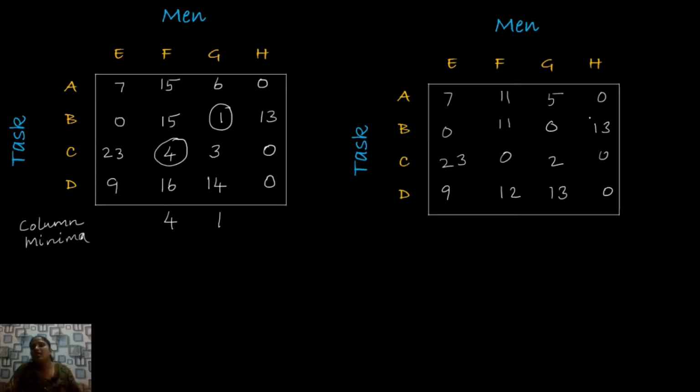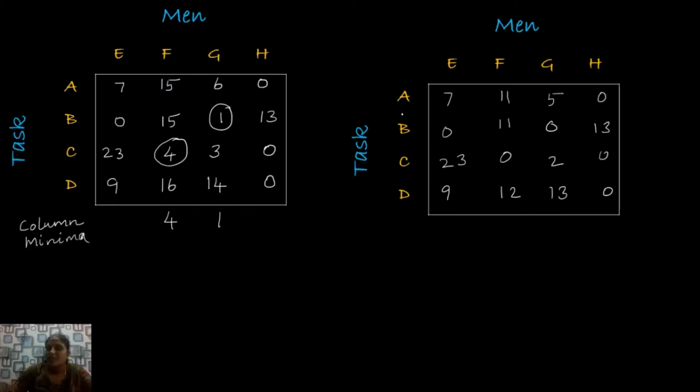Now, each row and each column has at least one 0. So now we are going to make assignments. How we give an assignment is, we just make a square around the zero indicating that the assignment is made. Before that, I will give you a short trick of how to give the first assignment and proceed further to get an optimal solution faster.